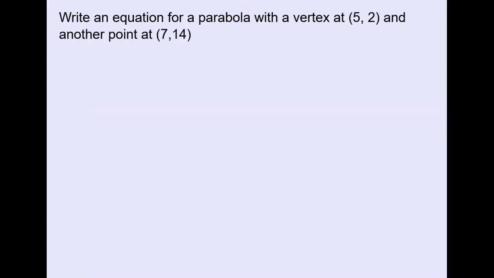Moving on to the next one. So write an equation for a parabola with a vertex at 5, 2, and it also has another point at 7, 14. So this is something we haven't seen before. If they tell us the vertex, let's pretend this is the vertex. Before we didn't really know how steep it was. So maybe it looked like this, maybe it looked like this, but now they're telling us this other point, 7, 14. Maybe that point 7, 14 is right there. Well, now we know